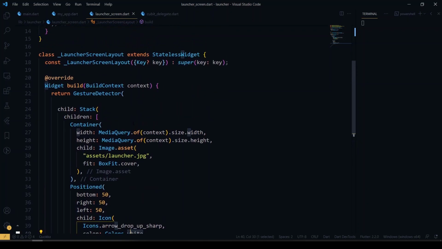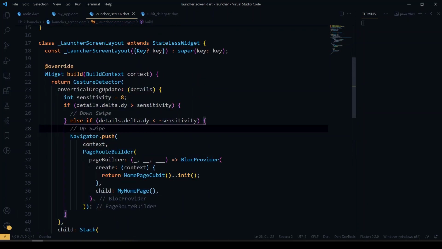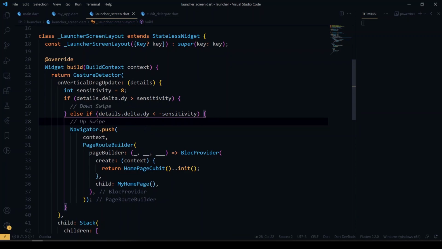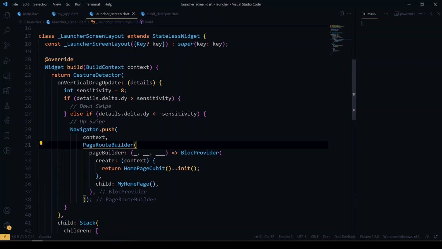I want to detect swipe up and swipe down, so for that I have added a gesture detector and done some operations to detect the up swipe and down swipe. Whenever the user swipes up in our home launcher application, it will redirect to my home page.